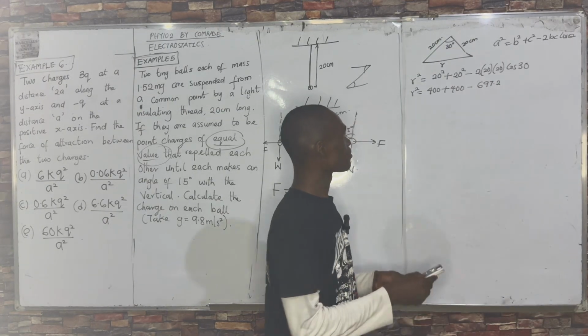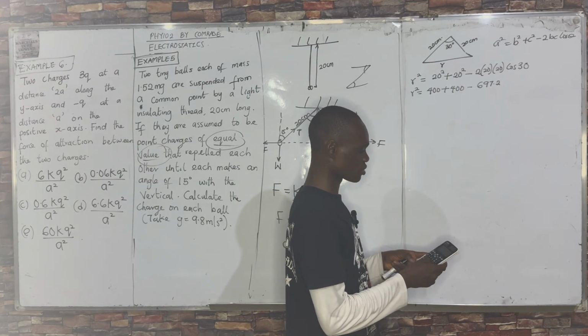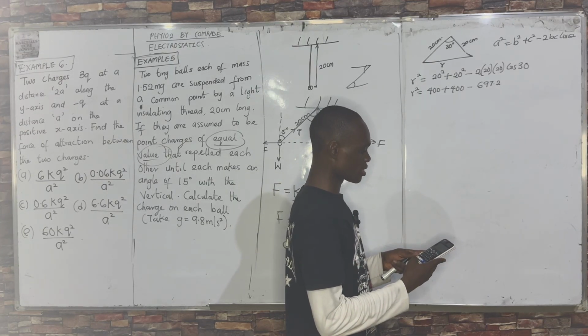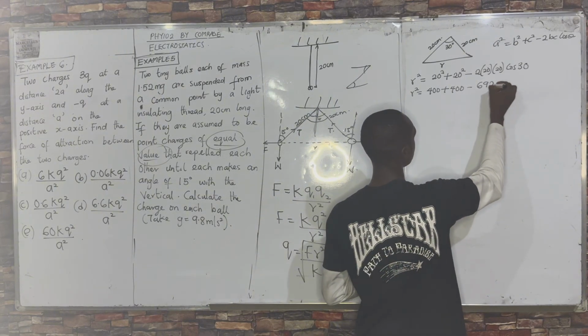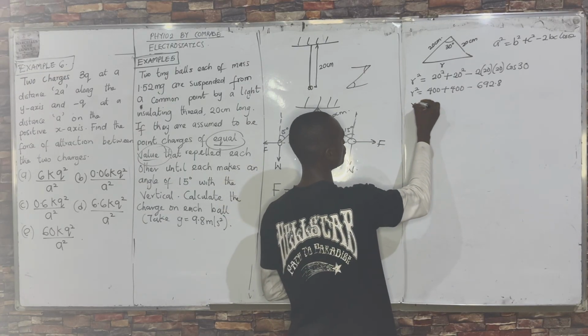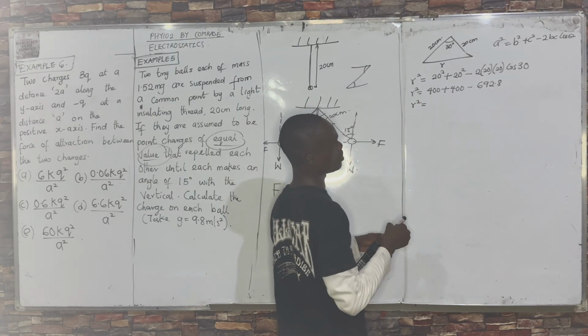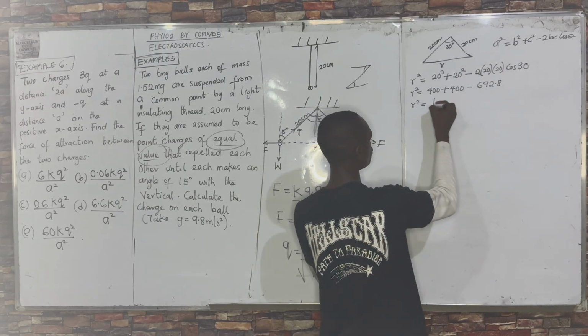So 20 times 20 times 2 times cos 30. Okay, 692.8. So I have 692.8. So R square is equals to 800 minus that. So we should be having the square root of